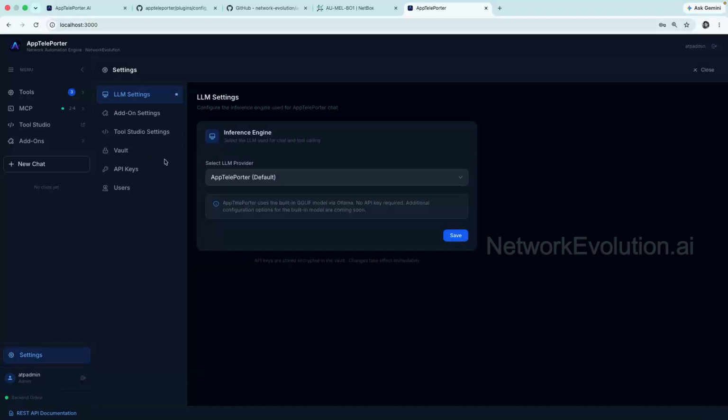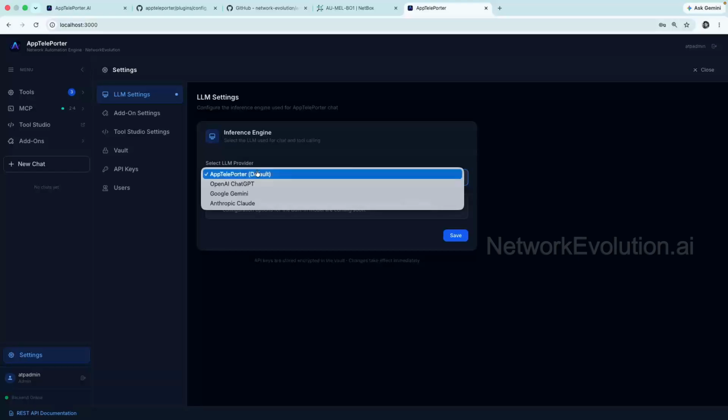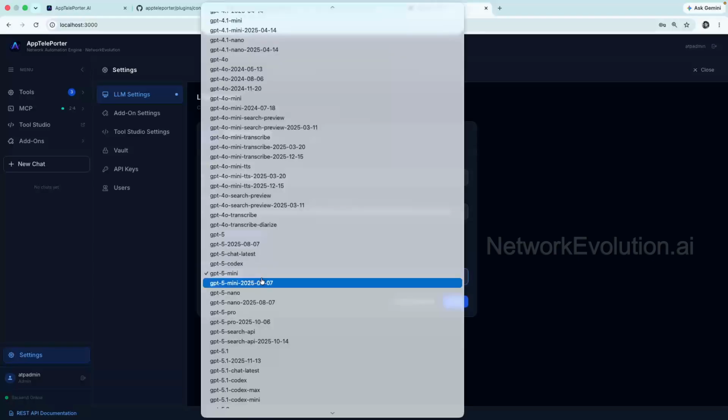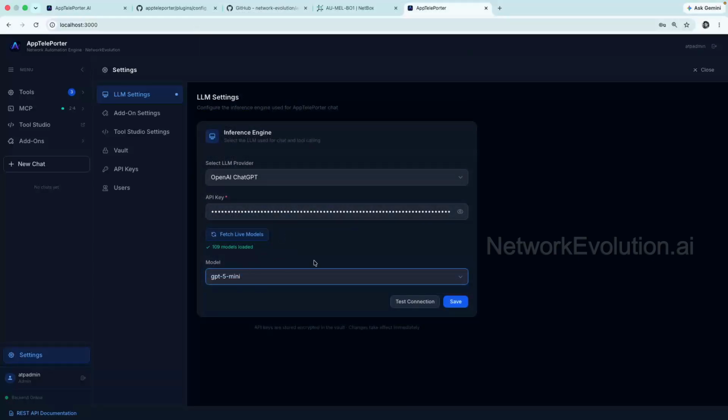If you go to settings, LLM settings, you can see here the default model is AppTeleporter. If you're using Max version, this can directly load a local model and run it. But in this case, you need to add your own LLM. So first we will see how to add OpenAI. I'm adding my API key, fetch live models. This will try to fetch all the models, and from here you can select the supported model and test connection